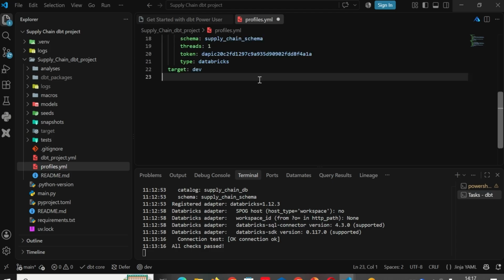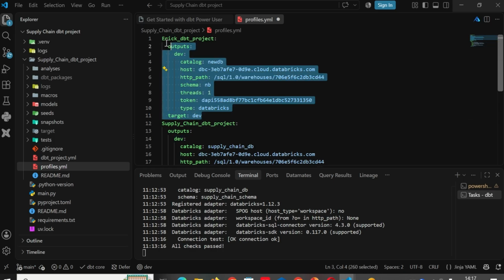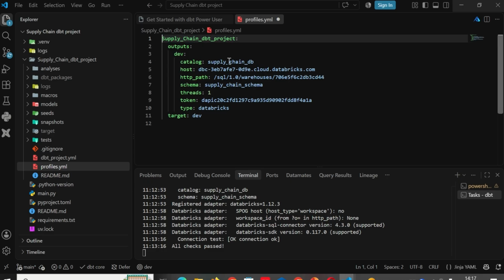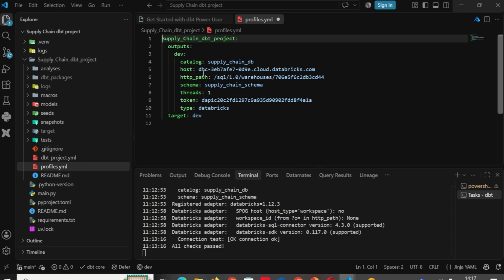Also this one, remove all of them, so we are remaining with only this file here. For your case, if you've not built this kind of project before, you will only find this